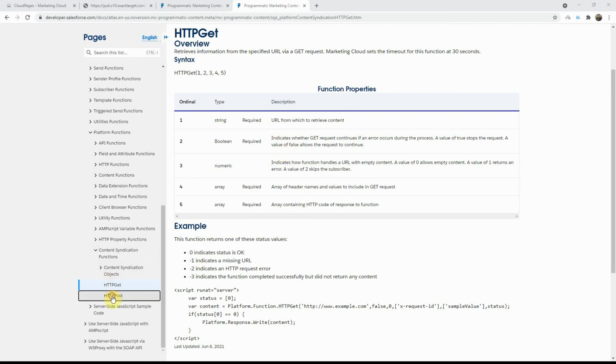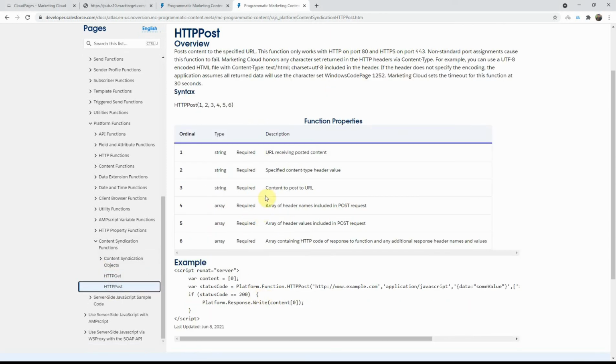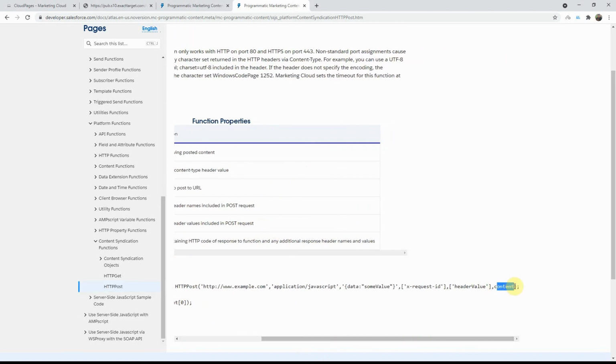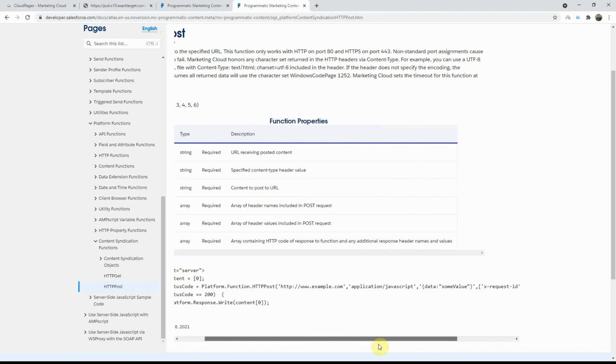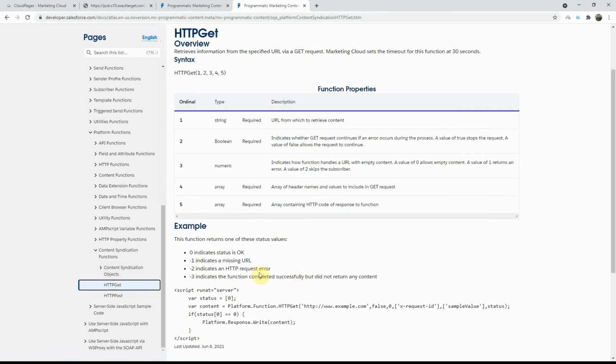And then under POST, instead of those couple of parameters that we saw in the GET, we will actually see the content type and the payload and the URL as usual, and then you have the header names and the header values. The only addition is the content, where the content has to be returned, right? So in HTTP GET, the content being returned is in the variable that you assign to the return of that particular function,